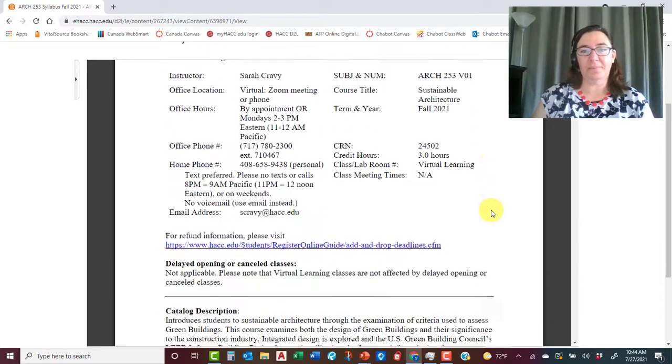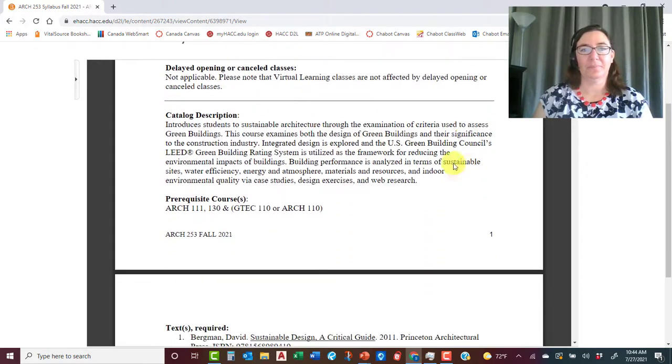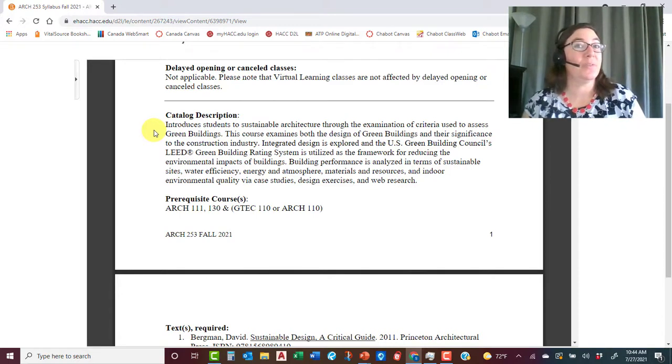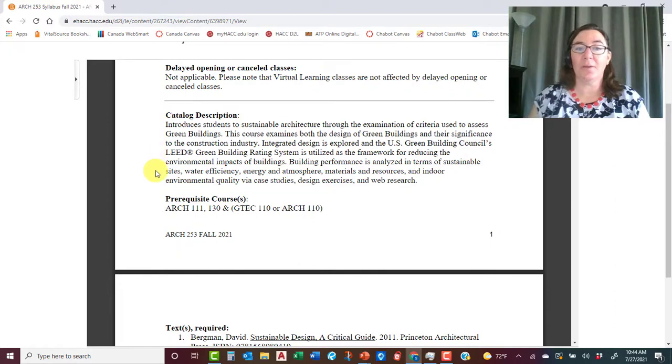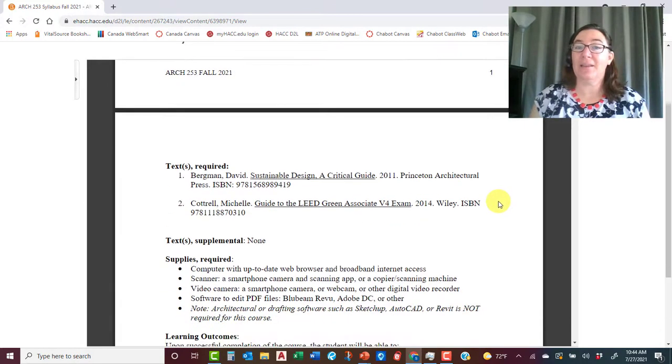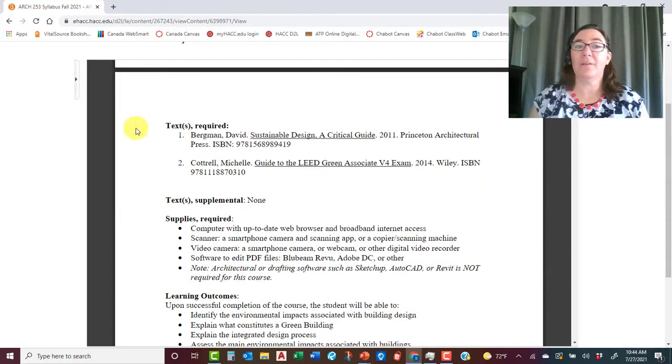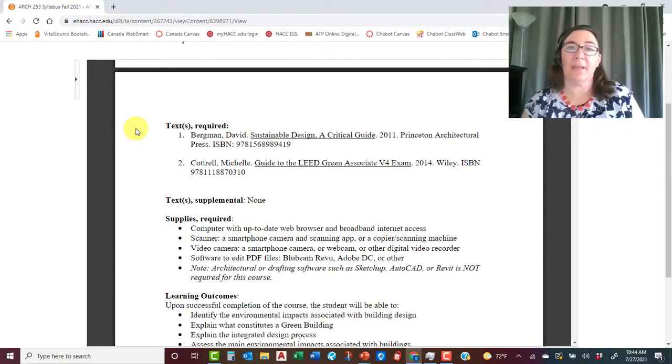Scrolling on down, let's talk about the catalog description. What are we going to do in this course? You're going to be introduced to sustainable architecture. Here are the prerequisites. I hope everyone's had them. And continuing, you'll see a list of our required textbooks. There are 2, and we're going to heavily lean on them this semester, so you definitely need both of these. There are no supplemental texts required